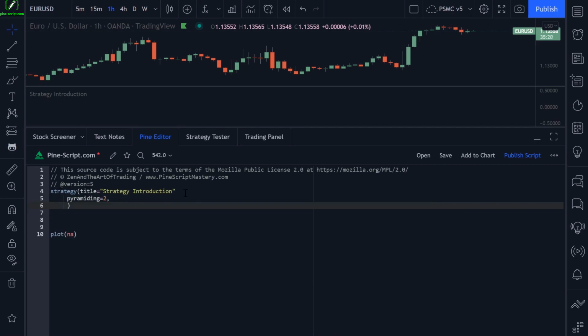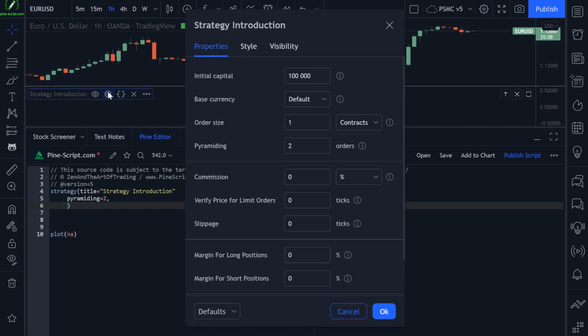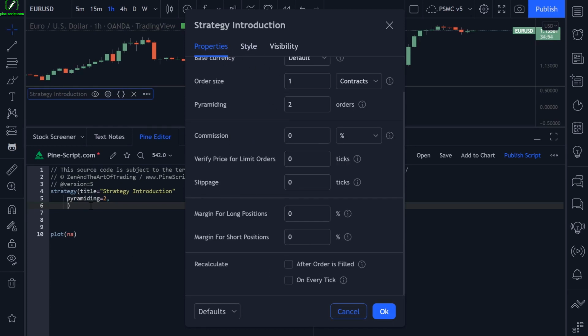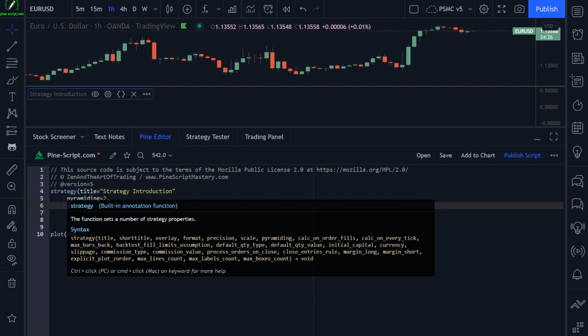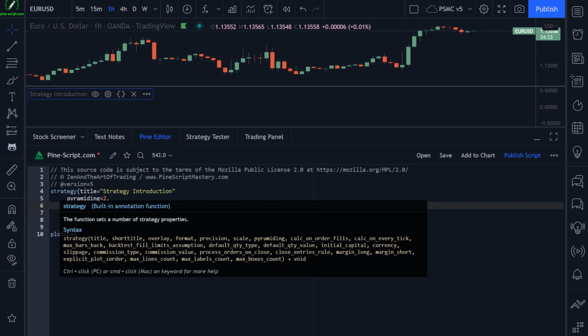Now, before I continue, I should mention that most of these function parameters can be manually toggled in the settings menu under properties. So if your script has inputs, you'll have the input tab here. Because I haven't got any input code here, it defaults straight to the properties tab. This is where you can set up a lot of these parameters that we are going to work through today, such as commission, verifying price for limit orders, slippage, simulation, our margin amounts for long and shorts, and some of our recalculation options. But obviously we can override those default settings with these parameters. That's the purpose of these parameters. So we have pyramiding. The next one is calc